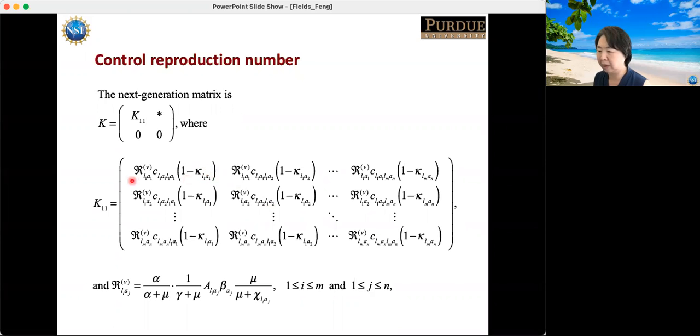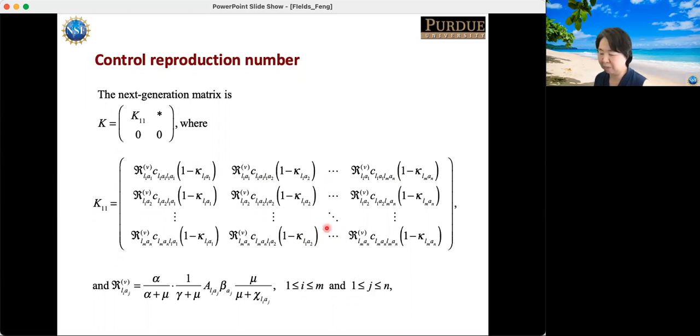And the typical feature is that the mixing C is involved in the matrix in this form. So basically, the overall metapopulation reproduction number is a weighted combination of the isolated reproduction numbers, those R's, weighted by the mixing, in this form. So if you calculate numerically,